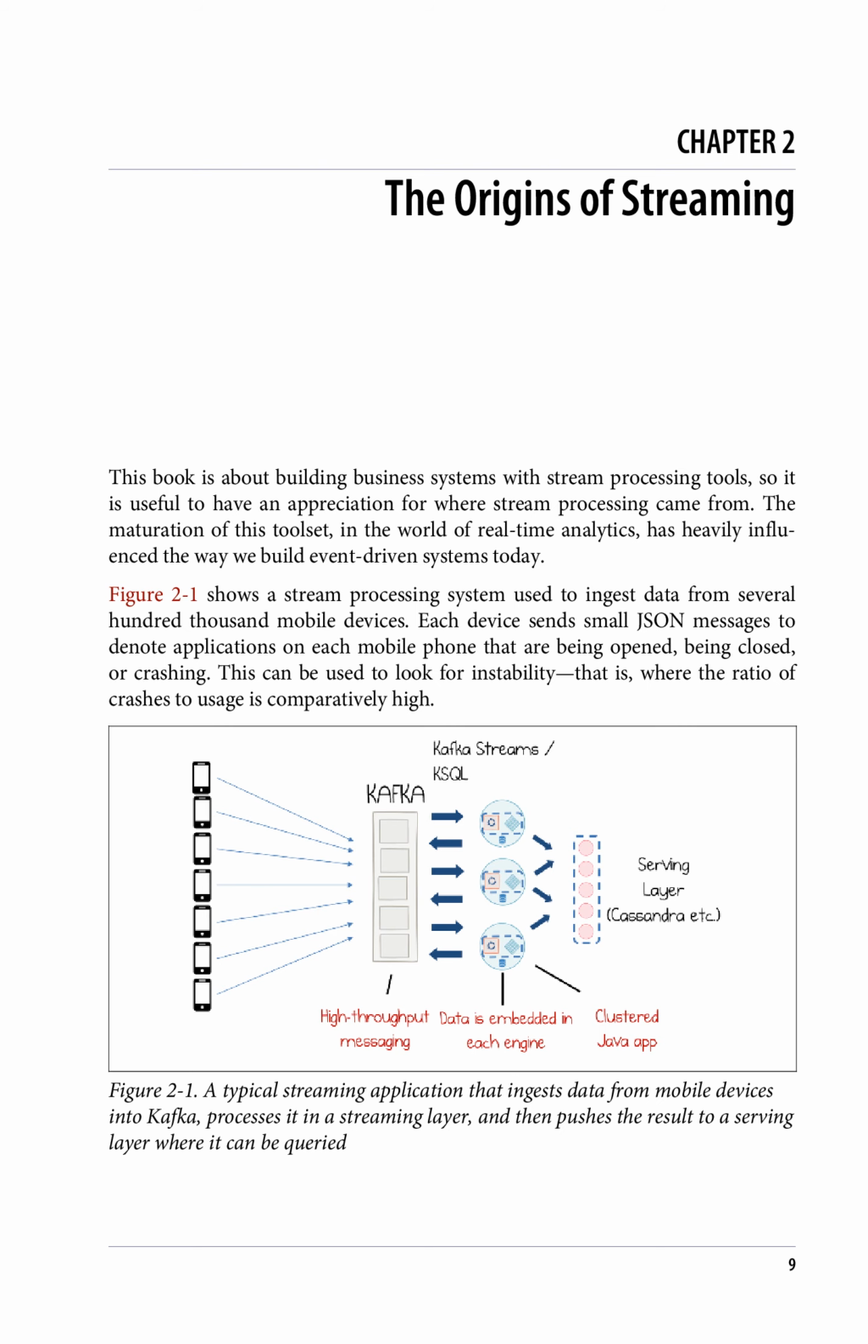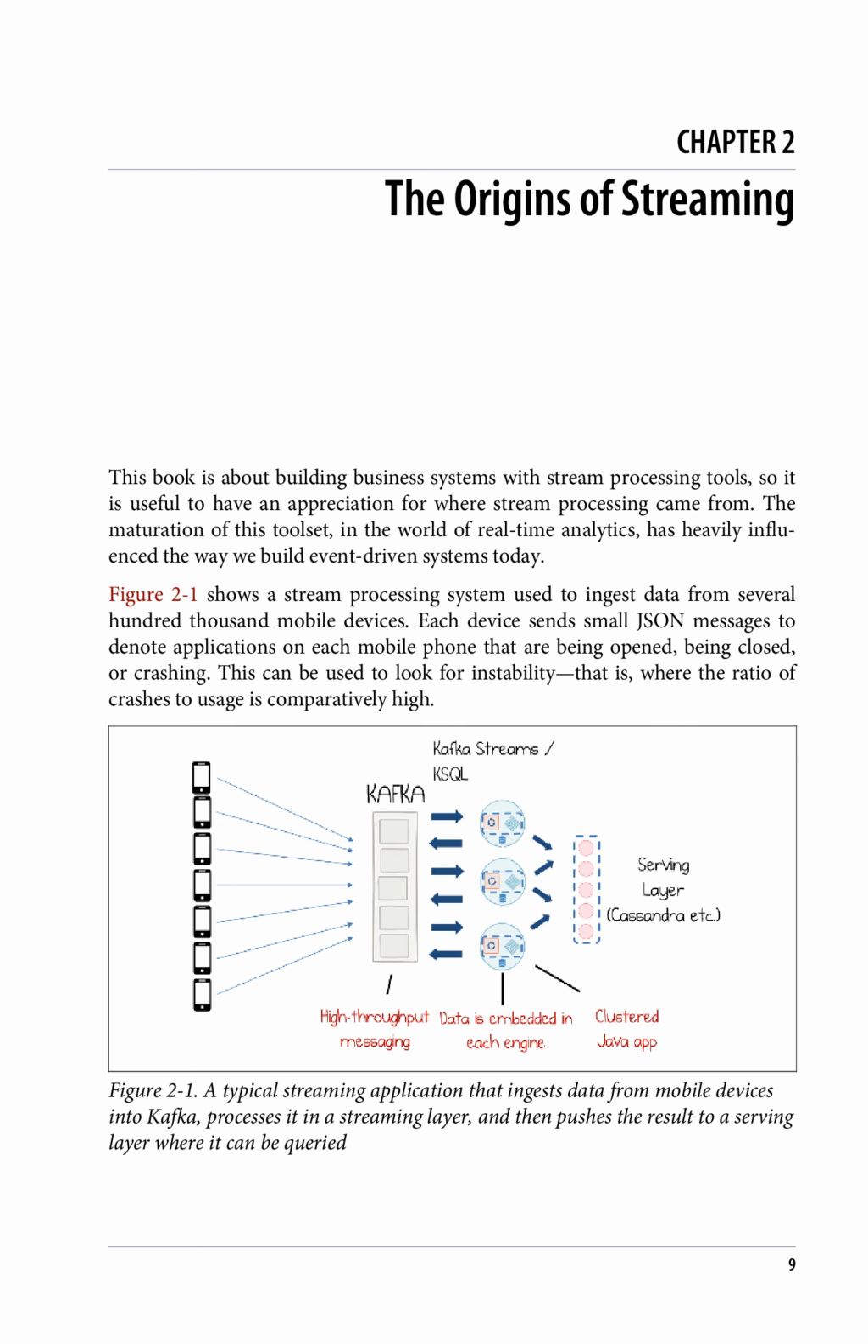Chapter 2: The Origins of Streaming. This book is about building business systems with stream processing tools, so it is useful to have an appreciation for where stream processing came from. The maturation of this toolset and the world of real-time analytics has heavily influenced the way we build event-driven systems